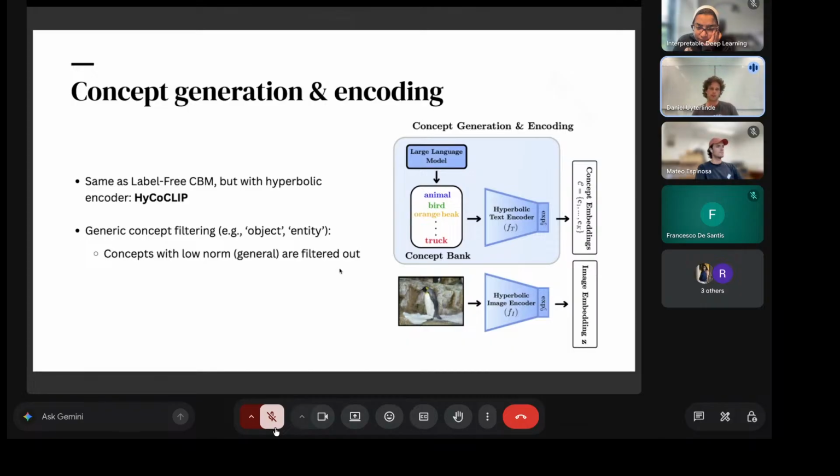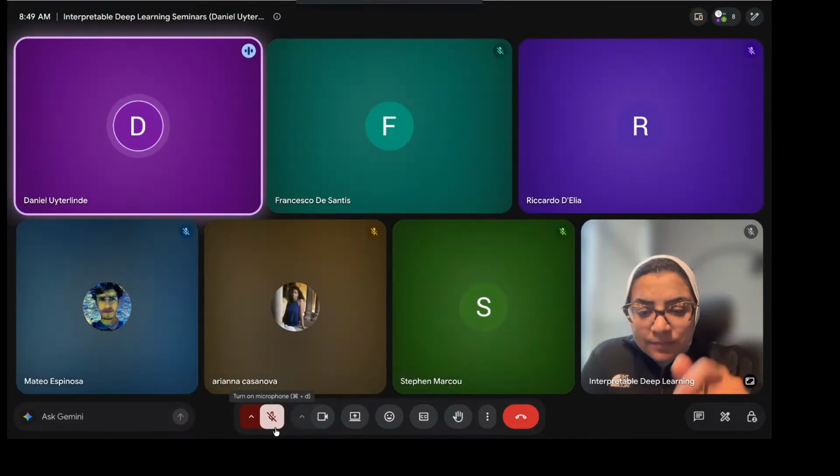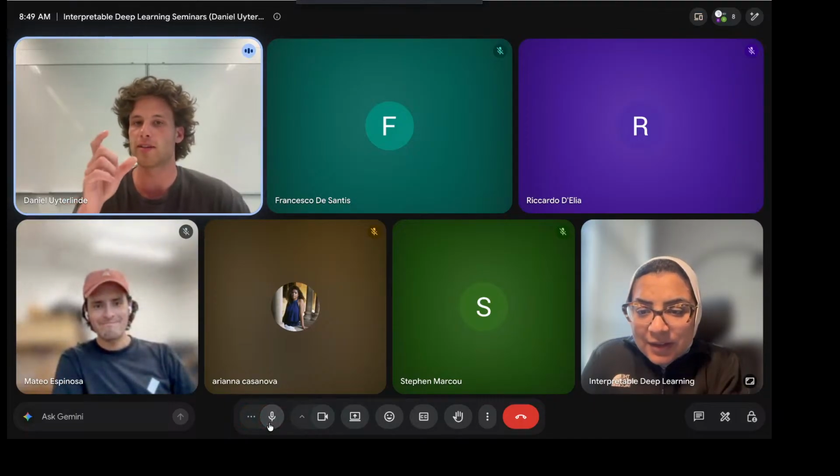The one thing we do differently here is that we filter out generic concepts. The reason we do this is that generic concepts like object and entity, especially if you consider a dataset like ImageNet, will probably activate on every image, so they basically lack any discriminative power. And if you can recall, concepts with a low norm are very general concepts, so we filter those out. So this way, only based on the norm of a text embedding, we can see whether it's